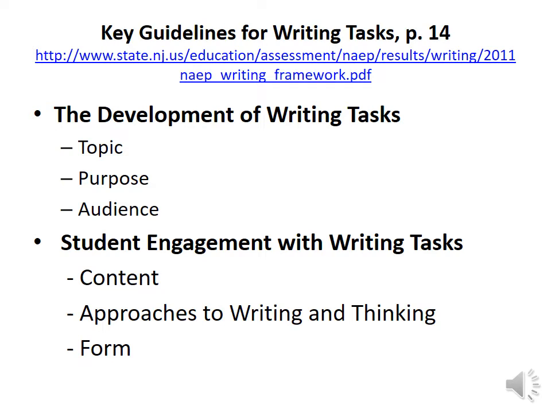And so for content, the student is making appropriate choices for content. For approaches to writing and thinking, the students are considering the purpose and the audience for their writing. And for form, the students will choose a form that would best communicate their thoughts in writing. So I do urge you to look at page 14, just get this framework up on your computer and look